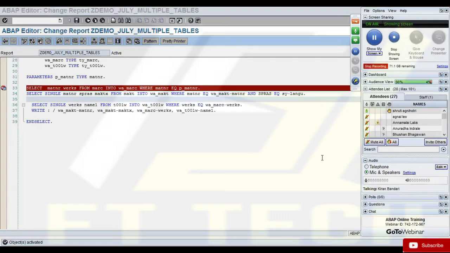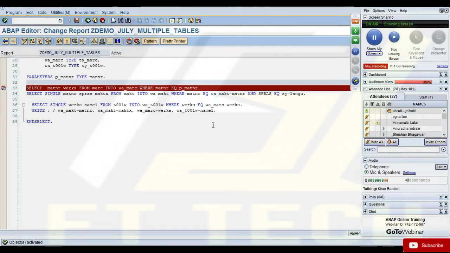Repeat what? How did you choose the table? When you get a requirement, if the functional consultant is telling you that this is the report we want, or this should be the output, this should be the input selection criteria, then it's the functional consultant's responsibility to tell you in which tables you'll get which data.